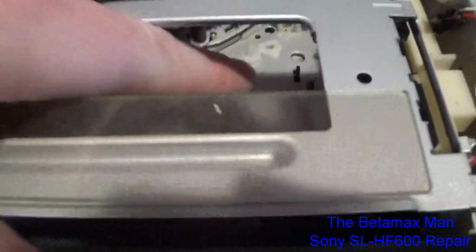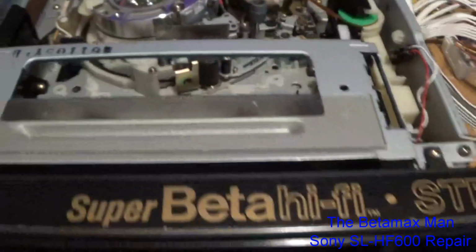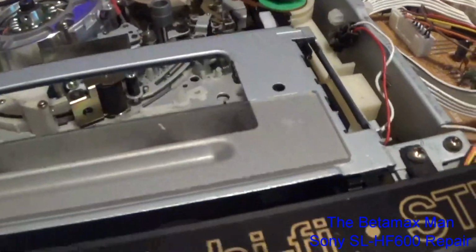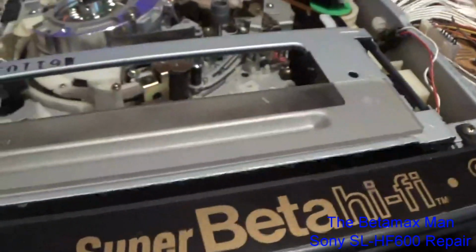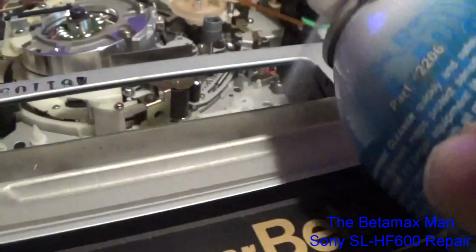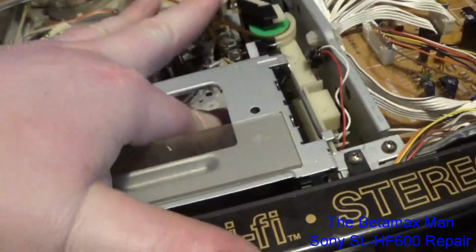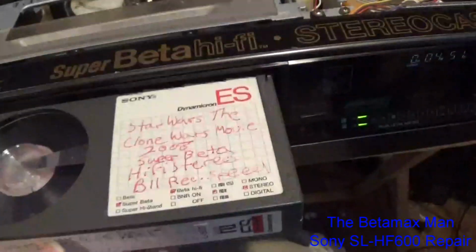The switches I'm talking about are these two tape insert switches. When the cassette is down, if those switches get dirty, they have a tendency to not work. They're not making contact. So I'm just gonna spray a little cleaner down there. There we go. That'll be enough, and then we'll activate the switch a couple times just to work its way in. So now when we insert the cassette,